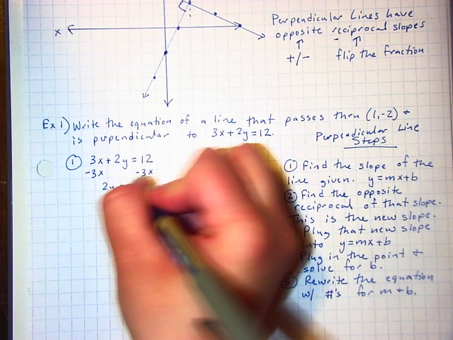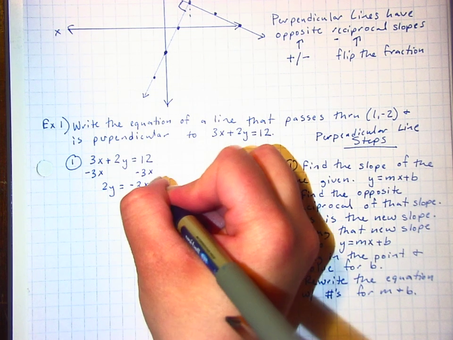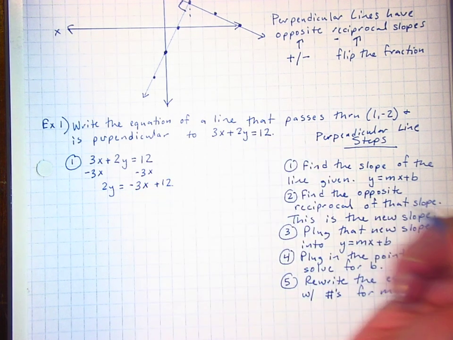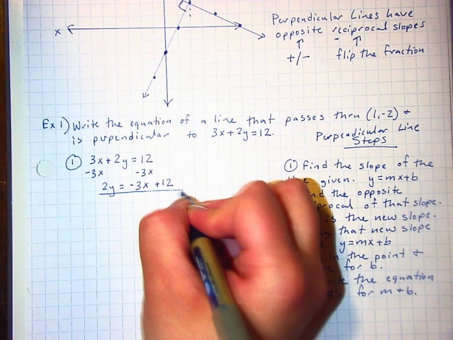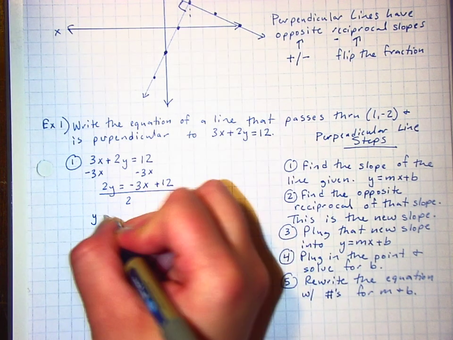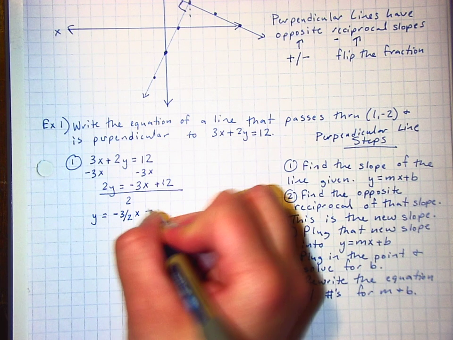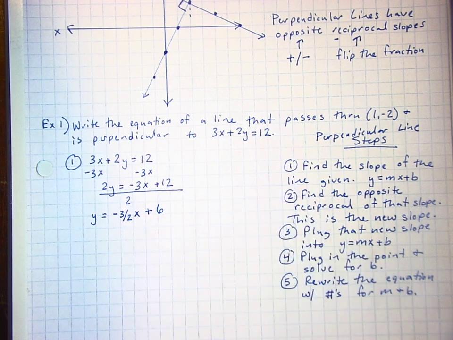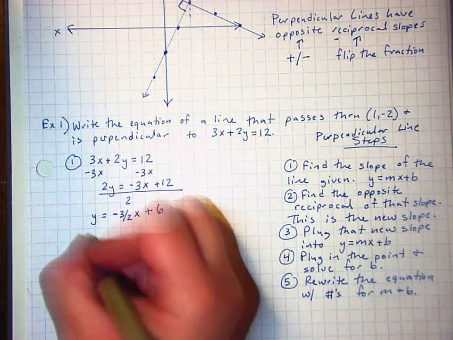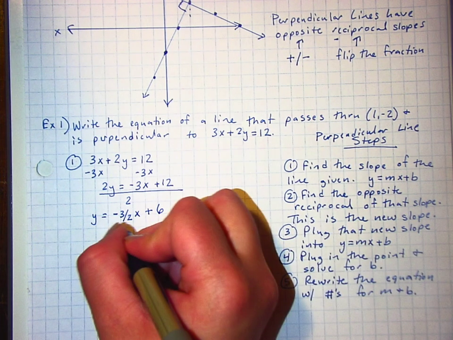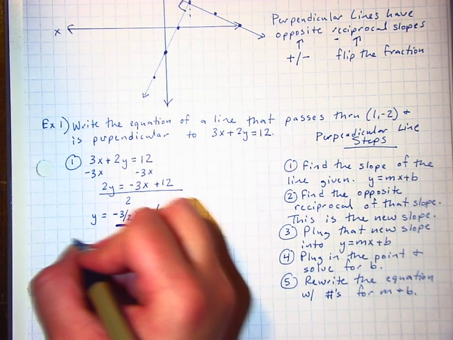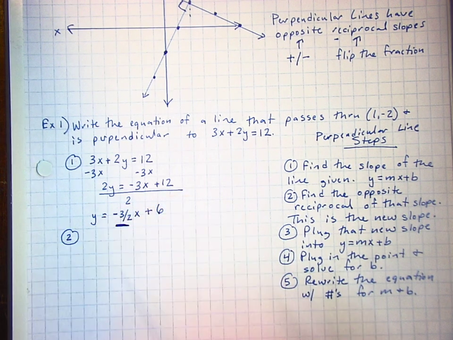That's 2y equals negative 3x plus 12. And then to get y by itself, I'm going to divide by 2, so I get y equals negative 3 halves x plus 6. Alright, that's number 1. And the original slope is negative 3 halves. Step 2. We're supposed to